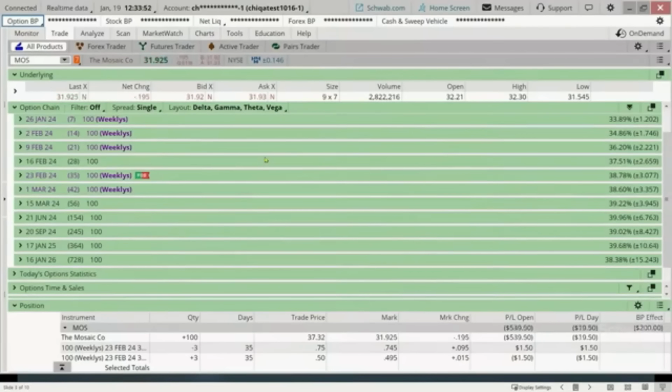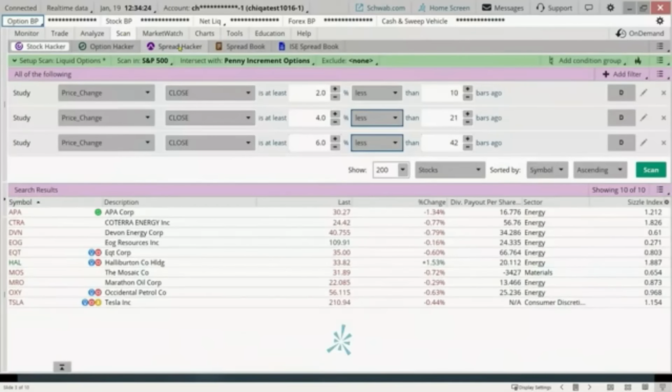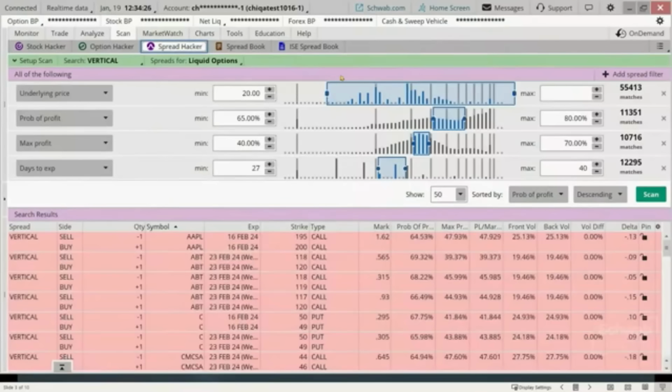Okay. Now, I need to move a little faster here, and I want to talk to you about a third approach to finding options. The first one, create a general watch list and just scroll through it. The second one, create a more specific scan. And in this case, we created a bearish scan, and save it, and then you can target more specific types of trades. Another approach is to use what's called the spread hacker. For that, you can click on scan, you can click on spread hacker, and I have one created for us already here.